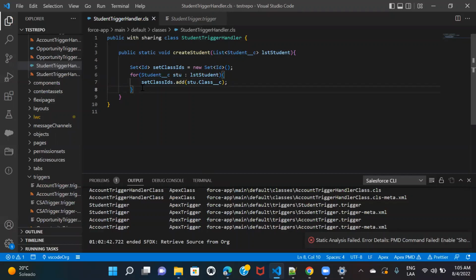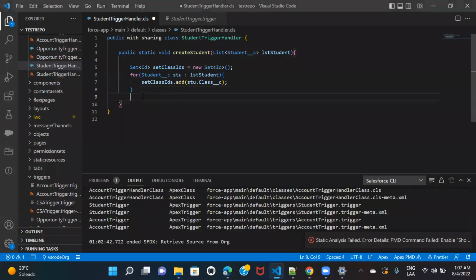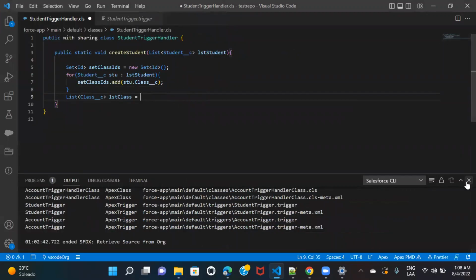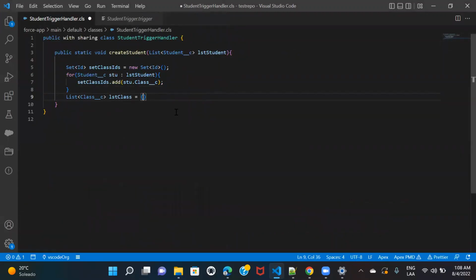Now what I want to do is I'm gonna query on the class. Okay, and let's keep it as list class. Let me close all of these things as it is taking a lot of space. Okay, so here